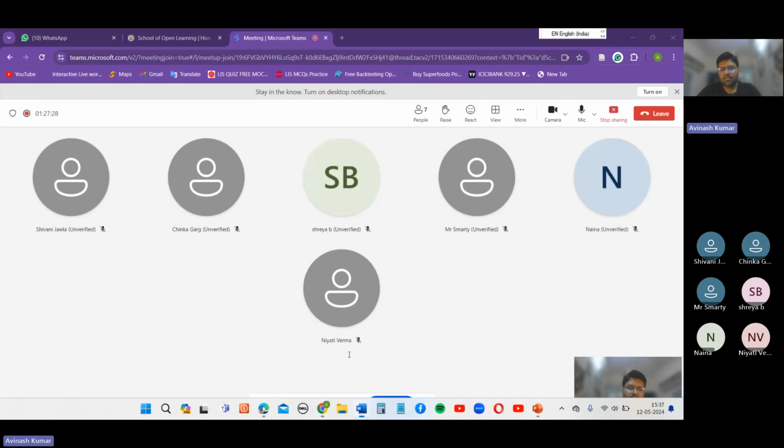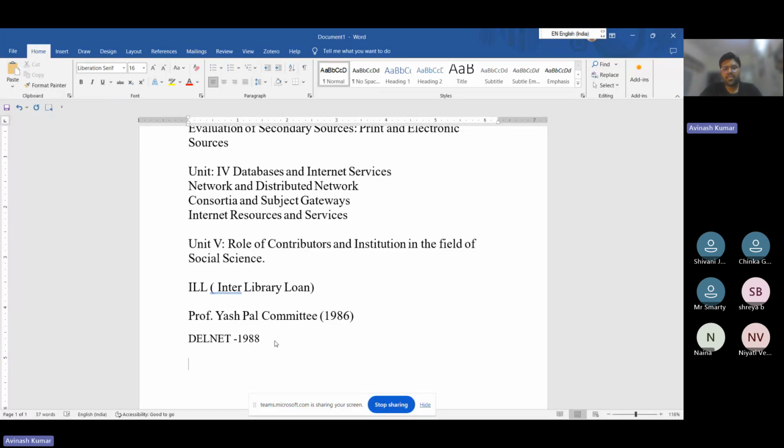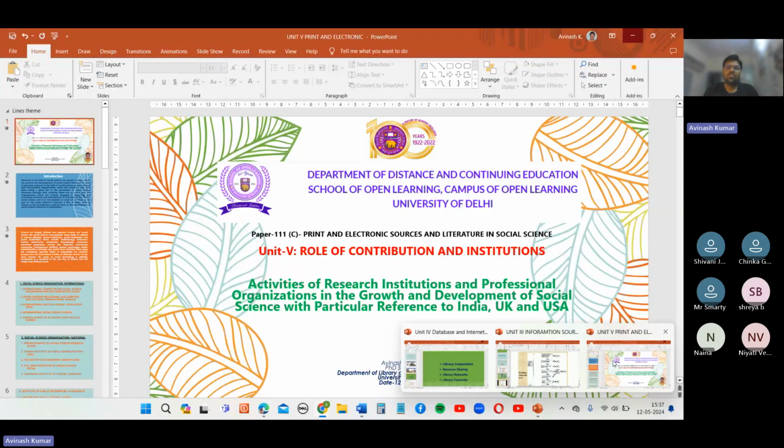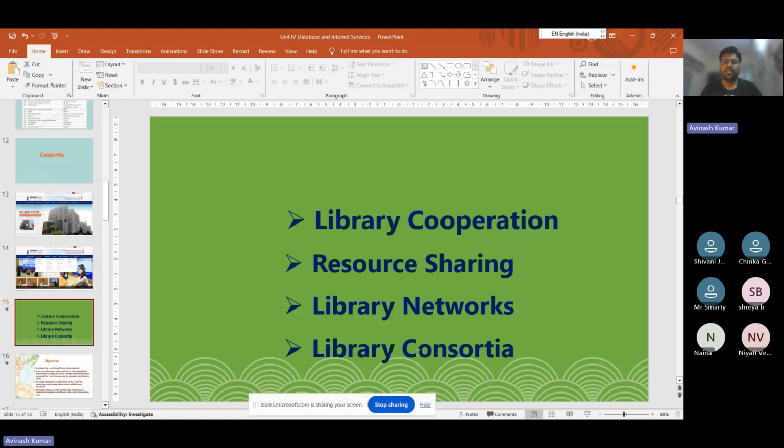तो इसके बाद जब स्टार्ट हुआ, तो पहले ये नेटवर्क के थ्रू चलने लगा, एक पर्टिकुलर एक्सेस देने लगे। फिर उसके बाद आया इनफ्लिबनेट। इनफ्लिबनेट कब आया? 1991 में आया ये इनफ्लिबनेट. यानी इनफ्लिबनेट मीन्स इंफॉर्मेशन लाइब्रेरी नेटवर्क. ओके. तो इंफॉर्मेशन लाइब्रेरी नेटवर्क जब आया, तो इसमें लाइब्रेरी कंसोर्शिया का कॉन्सेप्ट आया कि जो बहुत सारे नेटवर्क्स हैं, उन नेटवर्क्स को कंसोर्शिया में मर्ज कर दिया गया. ओके. आपको पता ही होगा, कई नेटवर्क मिला के कंसोर्शिया बनाते हैं, है ना.